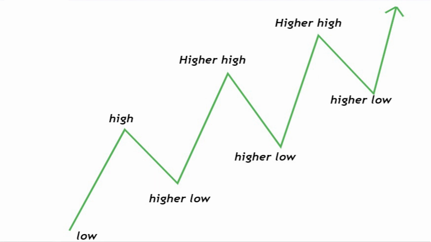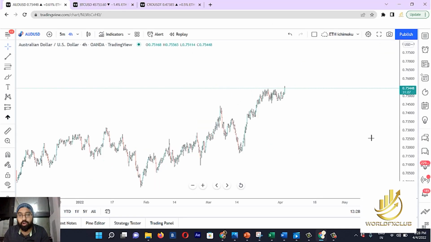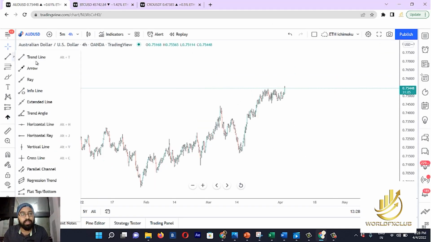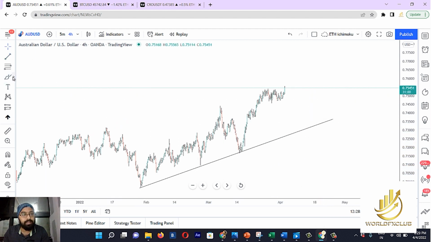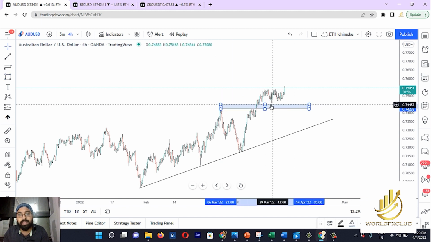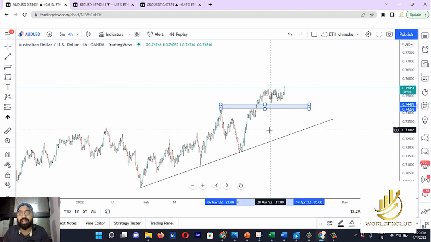That means it's a strong uptrend, right? And then once we identified that this is a strong uptrend, it's better to take long positions, right? So if you see, I can mark my zones. This is my trend line and I can see that this was my resistance where price broke the resistance and you have a couple of retests here, right? That's on 4-hour, guys. We will not take a trade on 4-hour, we'll take a trade on 15-minute,